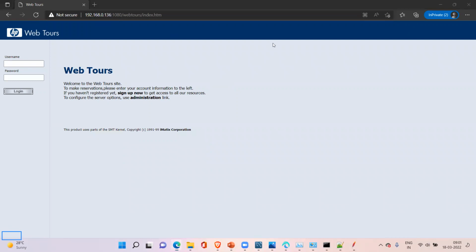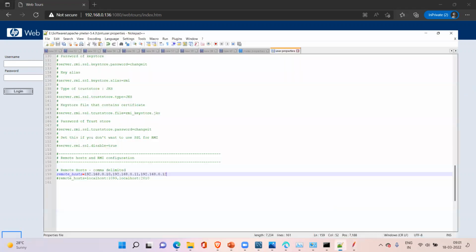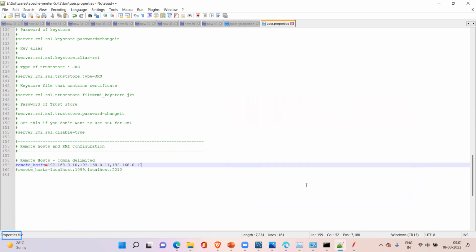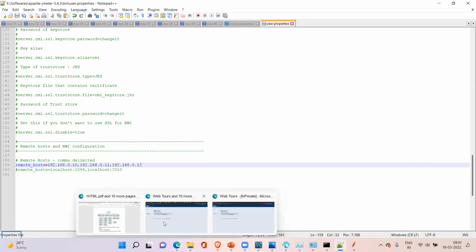Understood, guys? Yes, sir. So all the essence of the story is 127.0.0.1, right? That is the default IP address of any machine, your machine or my machine, any machine in this world. That is the default IP address of your localhost. Is it clear or no? Yes. Okay. Now let me go back to this.